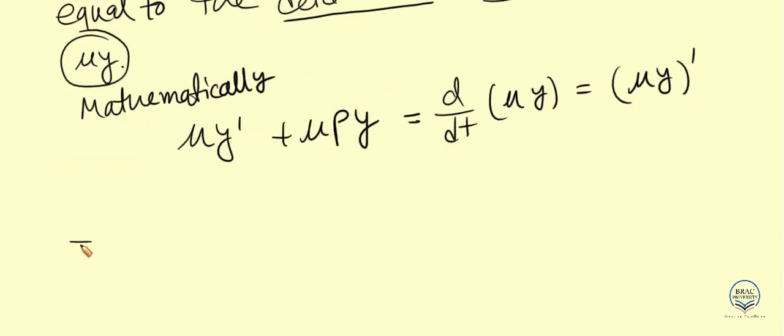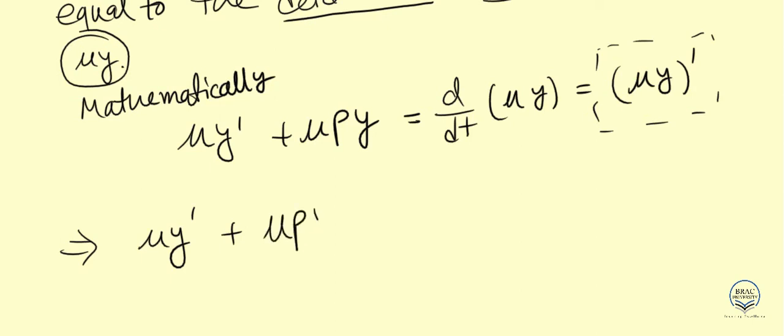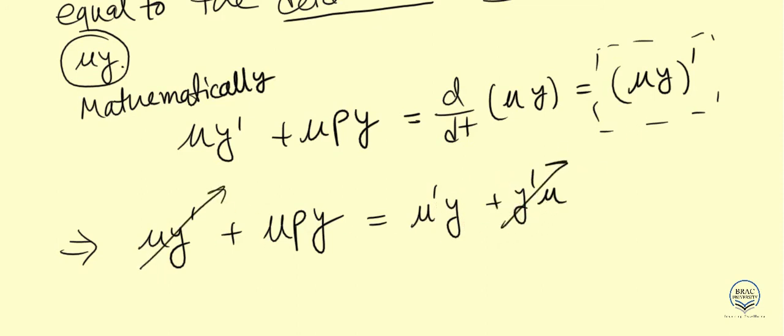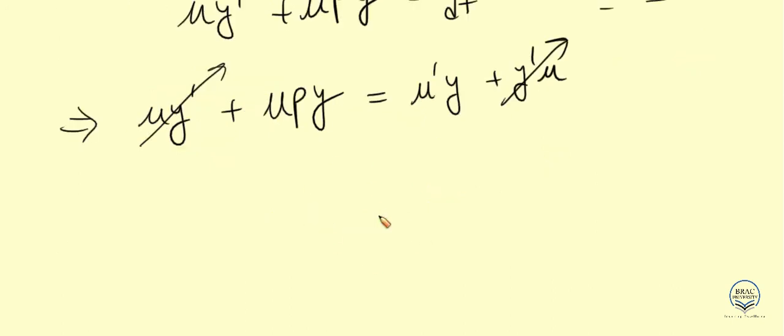And if I do that, since this is an equation, I can write down this expansion. I can expand this and then match both sides. So let's try to do that and see what happens. You have mu y prime plus mu py, and this will be equal to mu prime y plus y prime mu. This is coming from the product rule. And you can see that these two terms cancel each other out, and now you have mu prime y